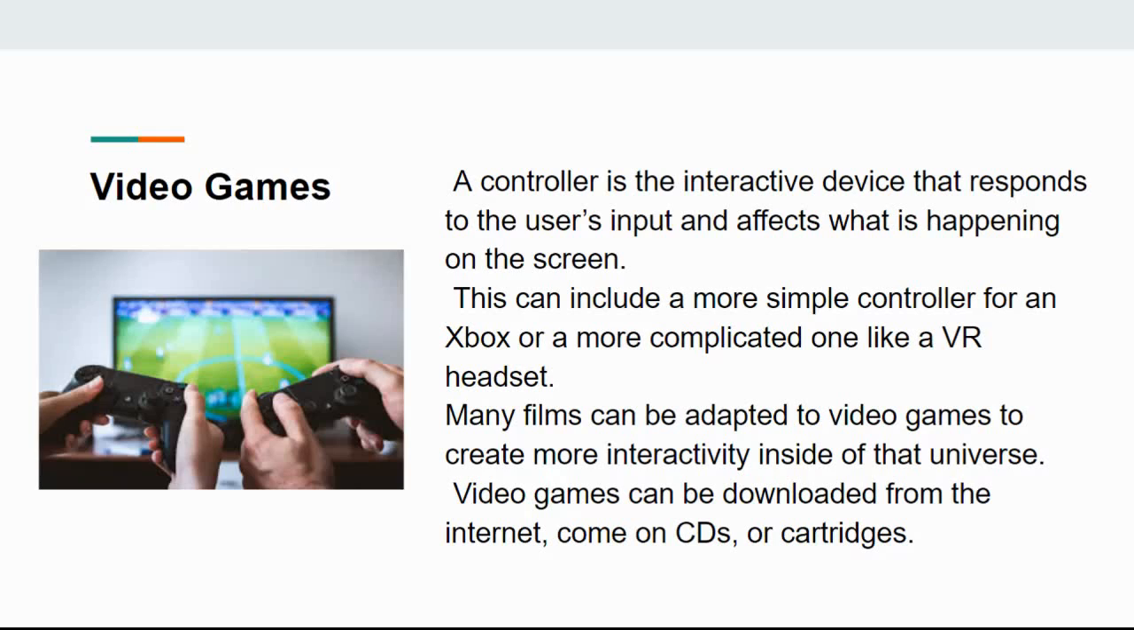This can include a more simple controller, like the controller for an Xbox, or something more complicated like a VR headset. We've seen in our Unity projects we use a keyboard to interact with the program. In addition, many films can be adapted to video games to create more interactivity inside of that universe. You can get a hold of video games by downloading them from the internet, getting them on CDs, or on